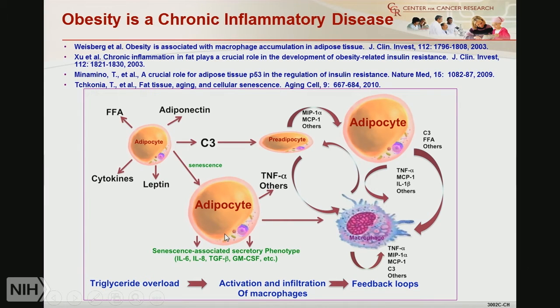And why is that important? Well, senescence is important because senescent cells produce a lot of inflammatory cytokines, such as IL-8, IL-6, TNF-alpha, and beta, and NF-kappa B pathway inducers. So you have these pro-inflammatory loops that give rise to a chronic inflammatory state. There's also free radicals that are formed.